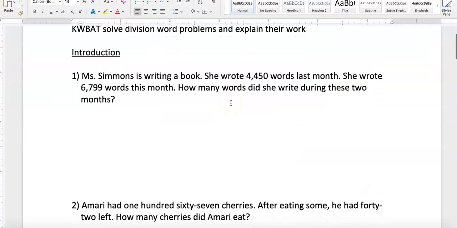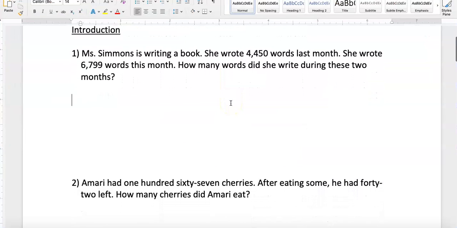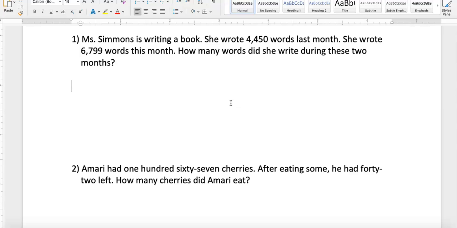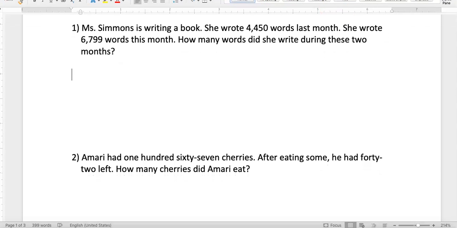So we're dealing with word problems. Questions 1 and 2 are actually not related to division, but I do want to test your skills to see who remembers how to read the problem and annotate the problem in a way that's going to help them know what operation to use. So for number 1, we have Miss Simmons. Miss Simmons is writing a book. She wrote 4,450 words